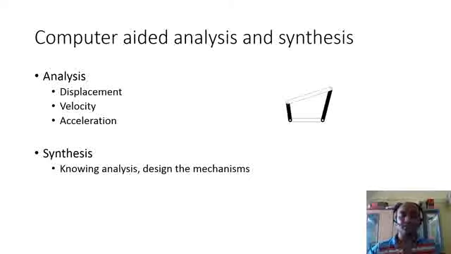Again, if you change to another position, then again we have to carry out the entire process to find out displacement, velocity, and acceleration. But how many times can you do that? Because in actual practical application, we have to carry out the procedure many times. Say for 360 positions of the mechanism, we have to find out 360 velocities, accelerations, and displacements. Then how to find that? Because that becomes very tedious, very lengthy. So what we can do here is convert that analysis using computers. That will become your computer aided analysis.